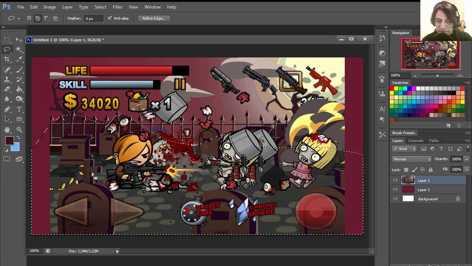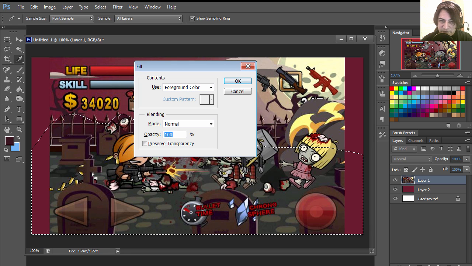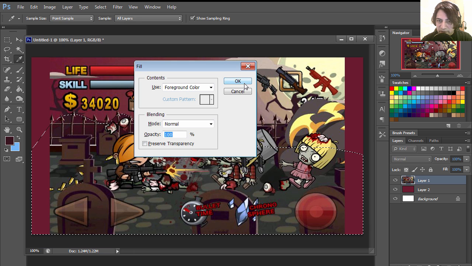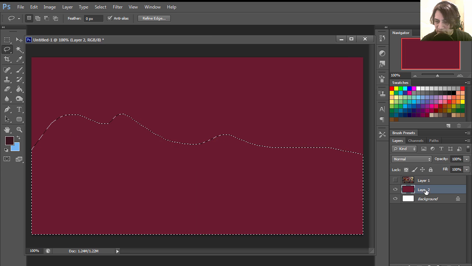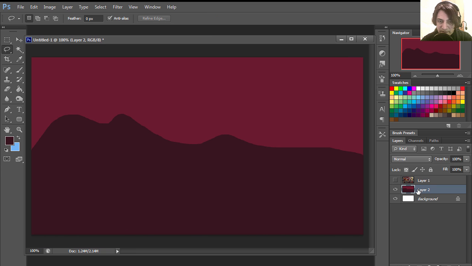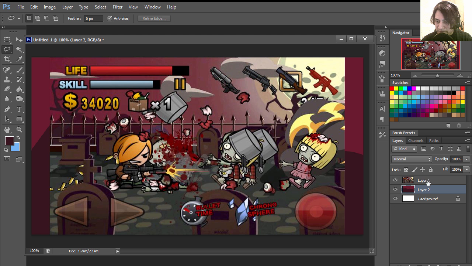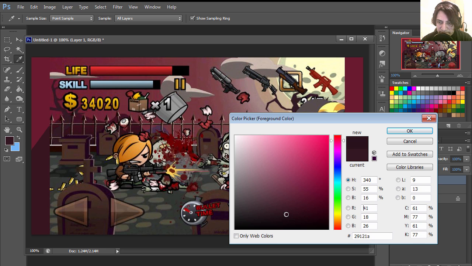I'm holding shift and pressing backspace to fill the color, but I think I need to select the right layer. So there are the mountains. Okay, let's create these trees. Maybe I should make them a little darker,